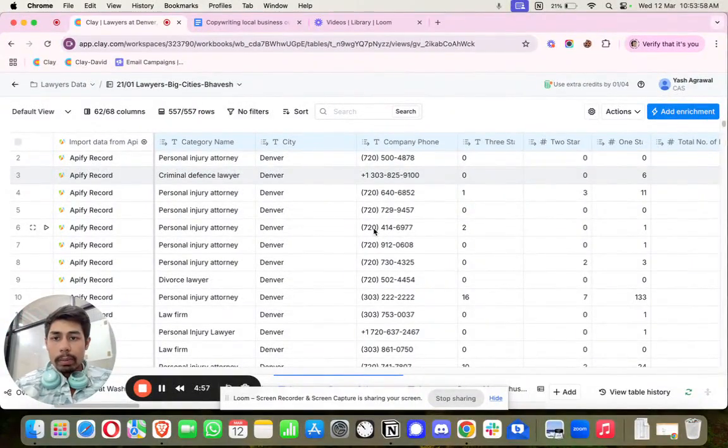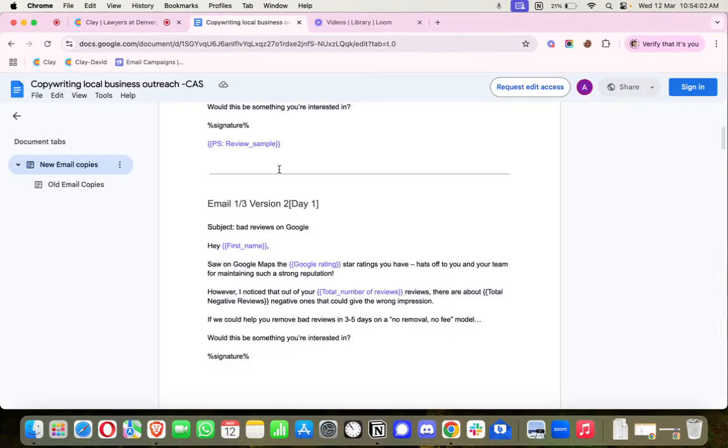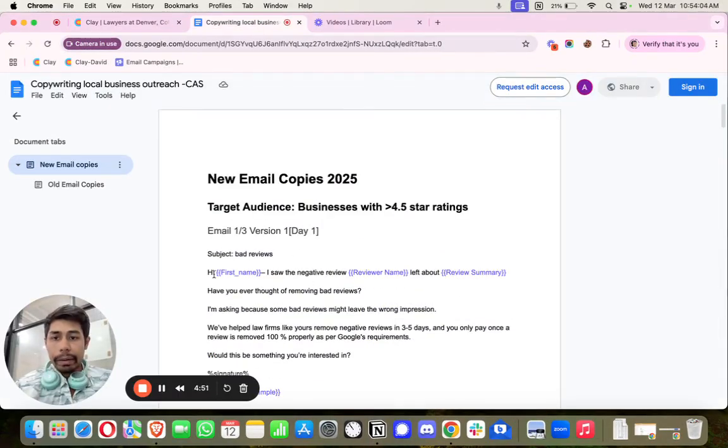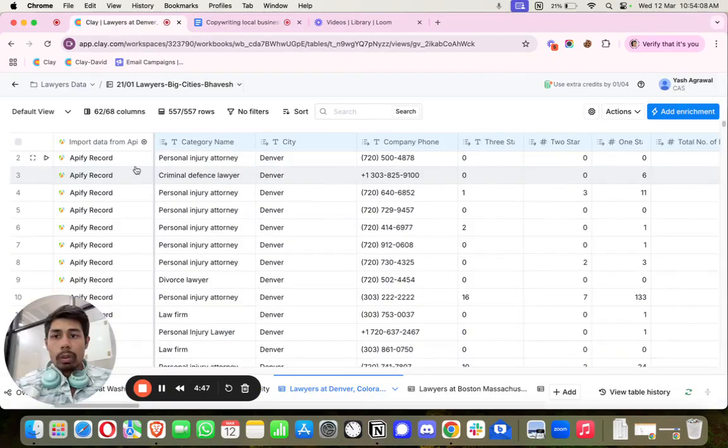So here I'm going to explain how the entire Clay workflow works, and I'm going to show you how I have automated some of the personalized lines using Clay, right? So first things first. Let me